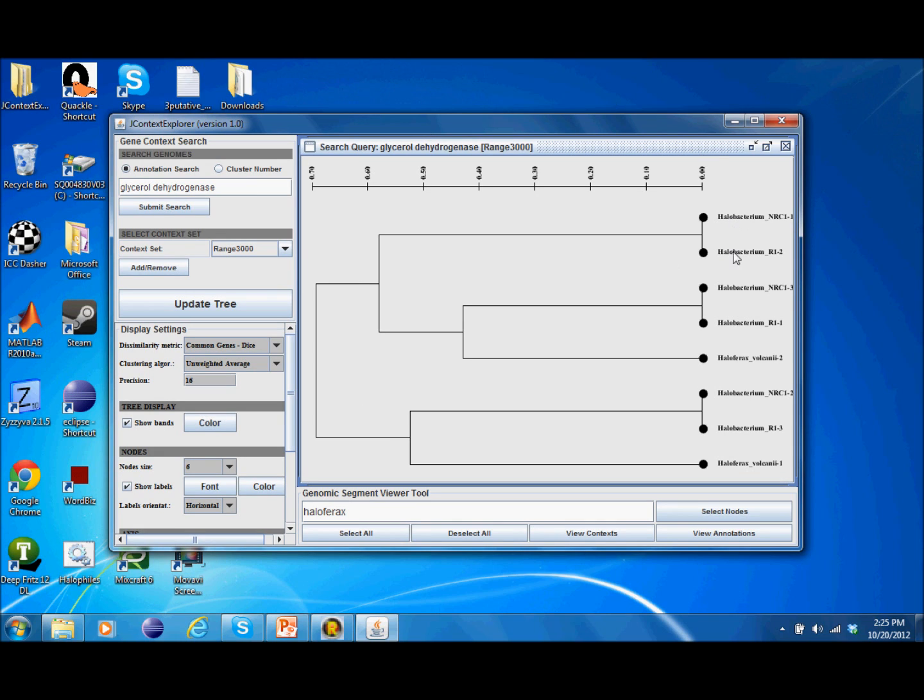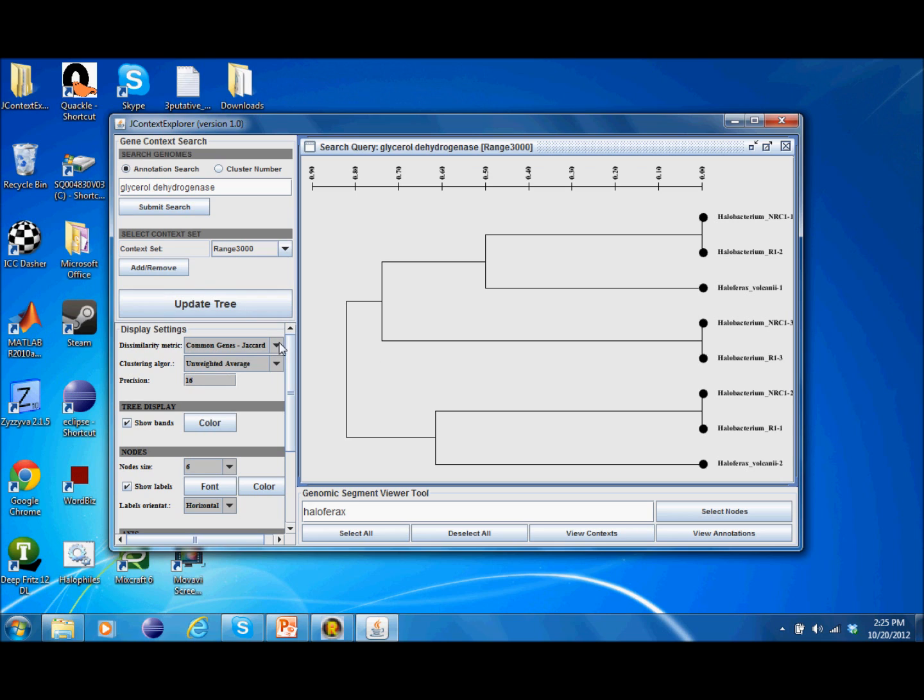So once again, we have the nodes, and we're using range 3000 as our context set to actually create these nodes. But now we can talk about how we want to compare these nodes to each other, so the pairwise comparisons, and then also how do we take those pairwise comparisons and build a tree out of them. So the method we're using to compare nodes to each other is called the dissimilarity metric, and here it is right here. You can switch between options, and once you do switch, just hit update tree, and it will redraw the tree for the new